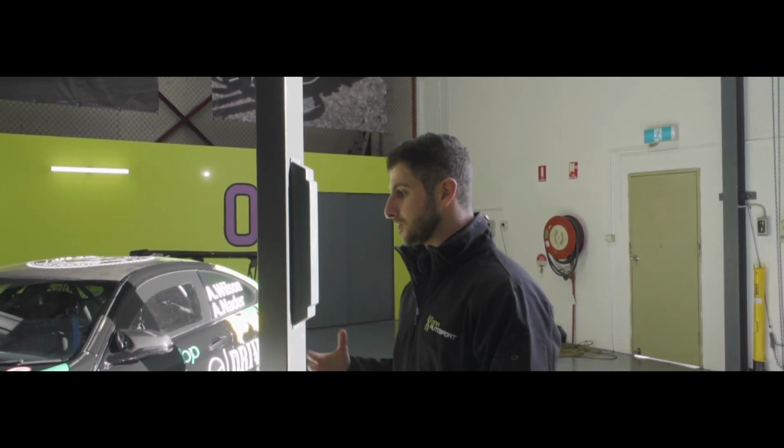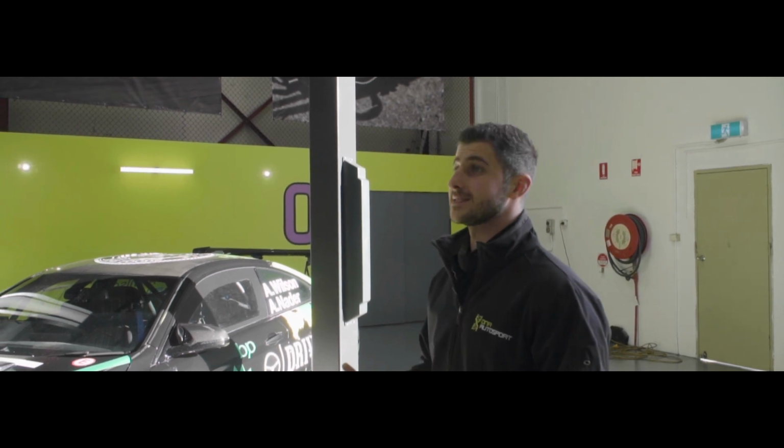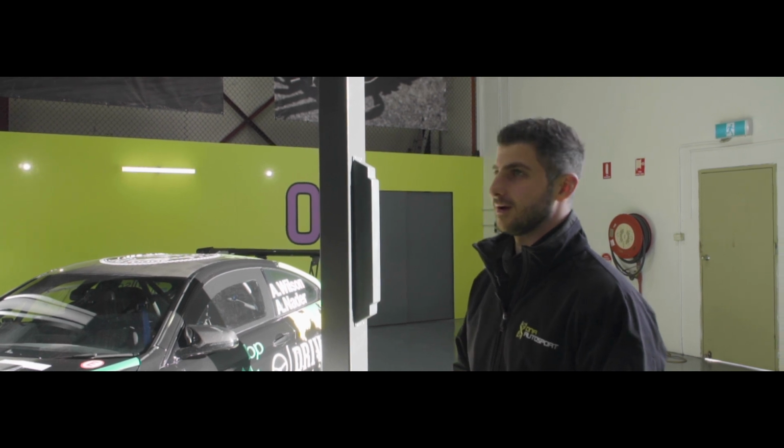So it's one thing to be able to design a car, but to design it, then hop in it and see what changes, and see what it's actually capable of is rewarding, I'd say. Yeah, exactly. Unbelievable. So typically we would work on anything from a street-driven track car right the way up to a